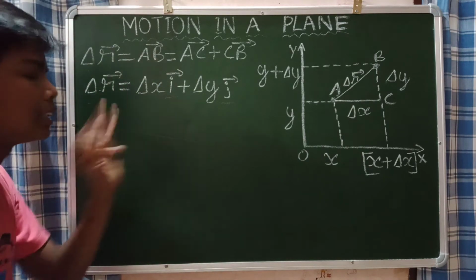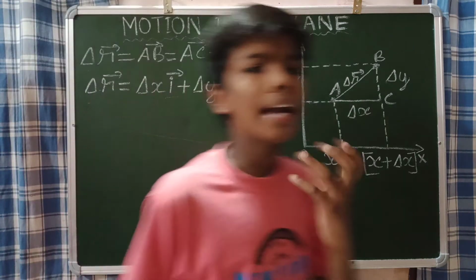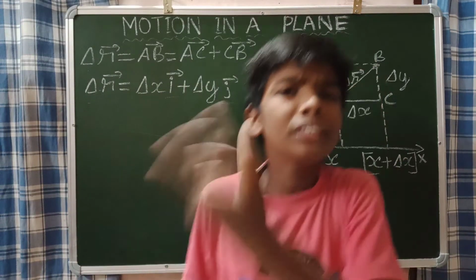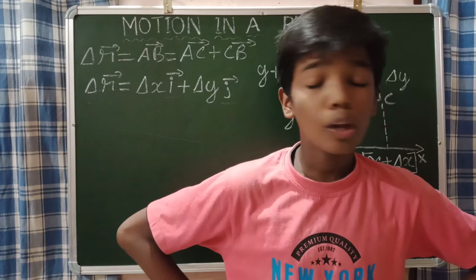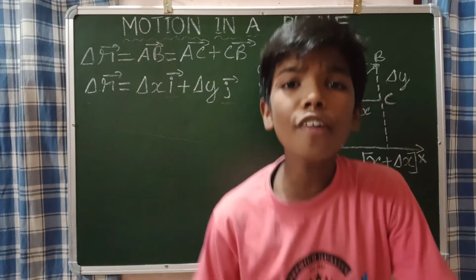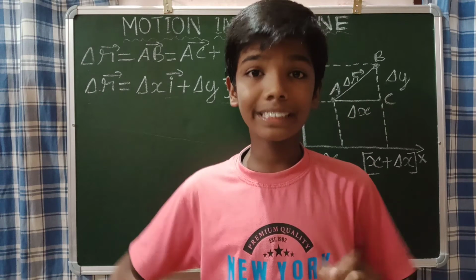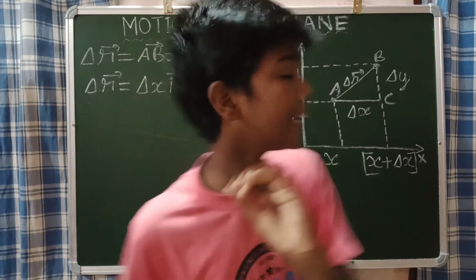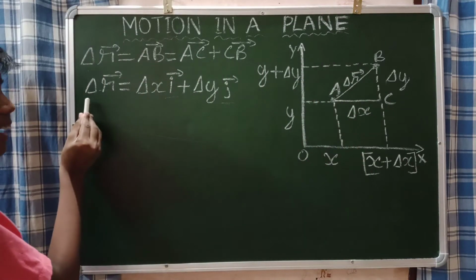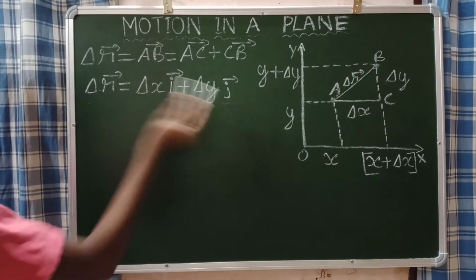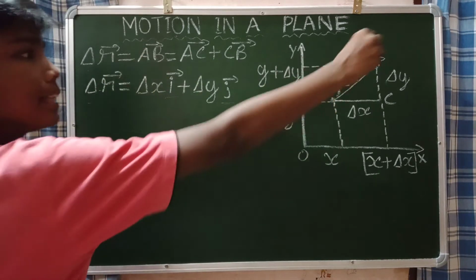Now understand these terminologies, guys. Now let us find the velocity of that particle. How will you find that? A very simple trick I am going to tell you, guys. Very simple trick. What is the trick? You just divide by delta t on both sides, because that is the time taken by this particle.